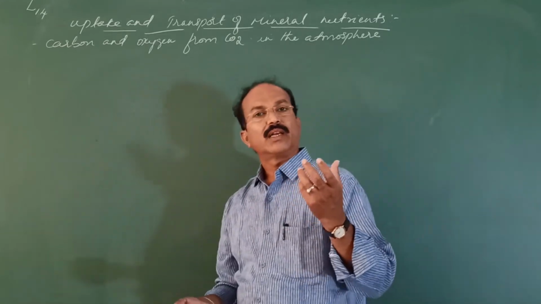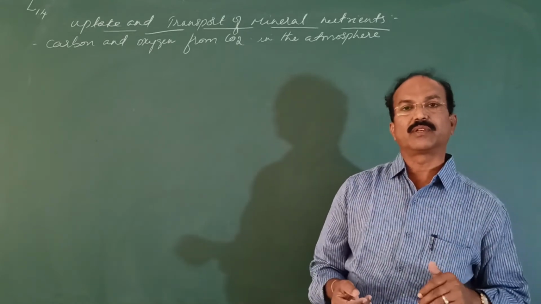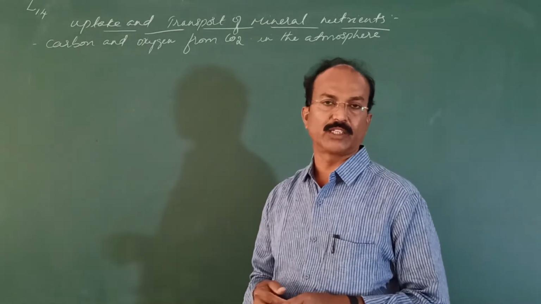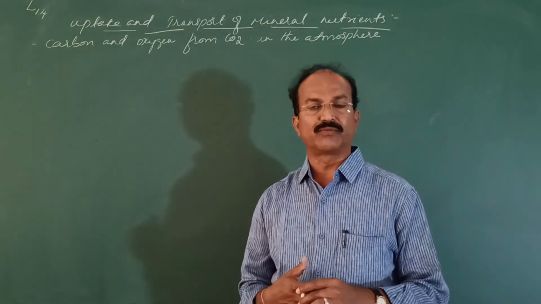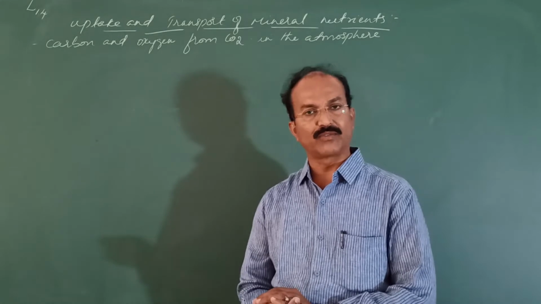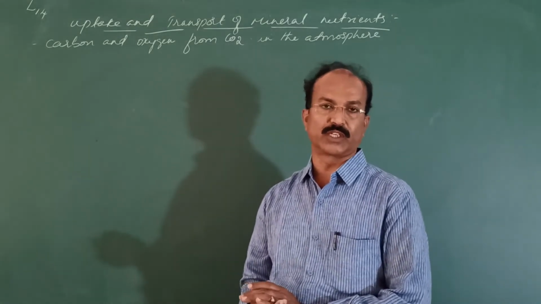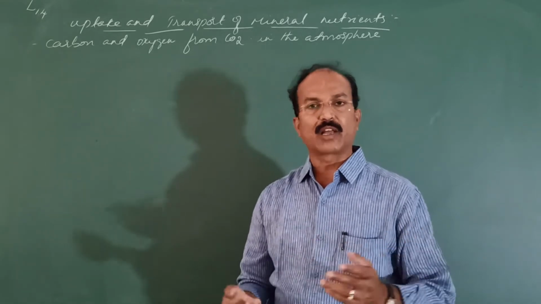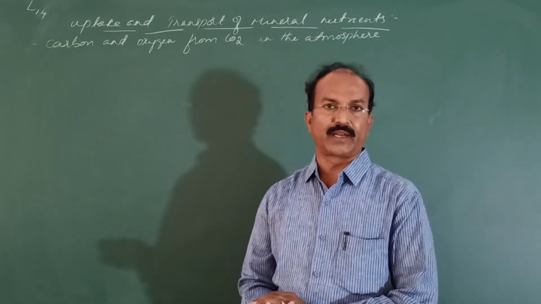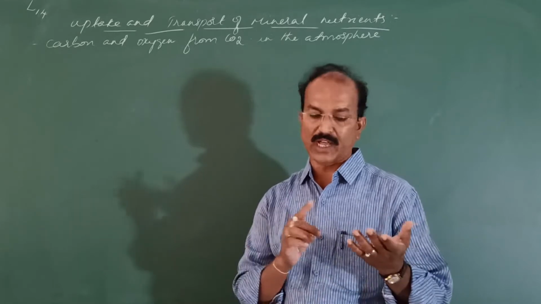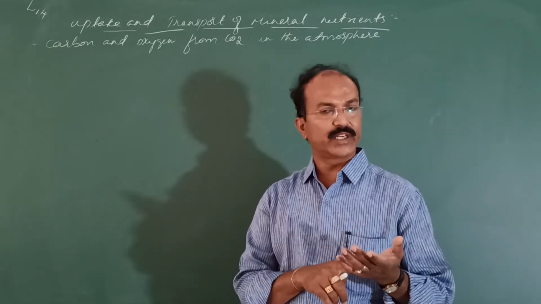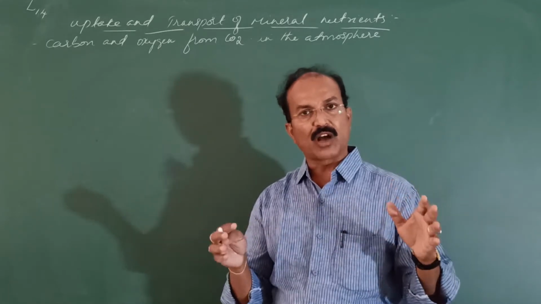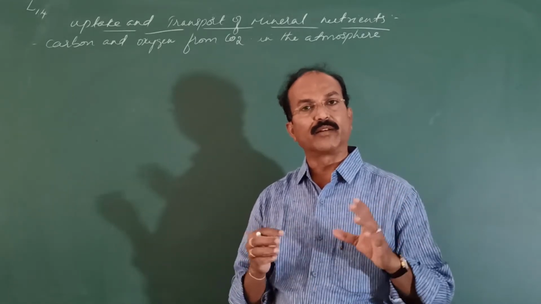Okay. So why is that carbon dioxide required? For the fixation of the carbon dioxide in the form of food, the carbon dioxide is very much essential. So what is the food? The glucose. What is the formula of the glucose? C6H12O6. Oxygen is there, carbon is there. For the synthesis of glucose, carbon is essential, hydrogen is essential, and also oxygen is essential. From where are these carbon, hydrogen, and oxygen taken by the plants?